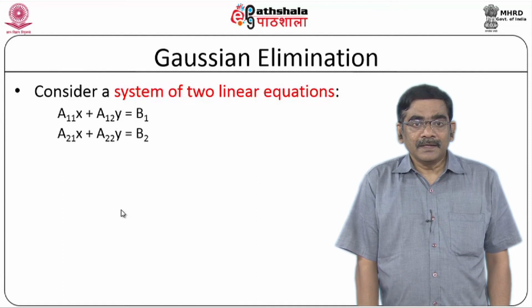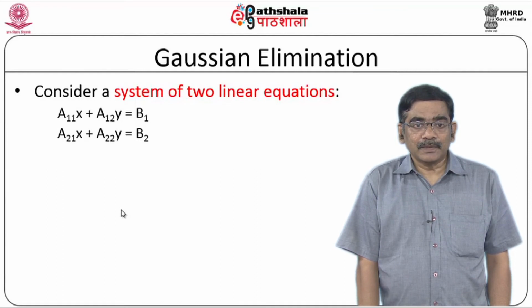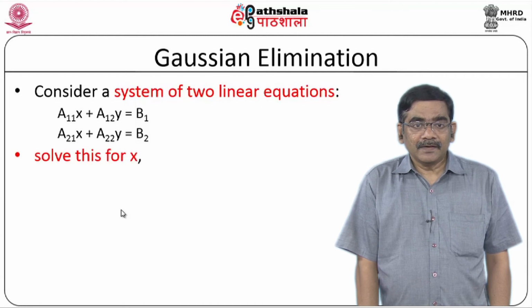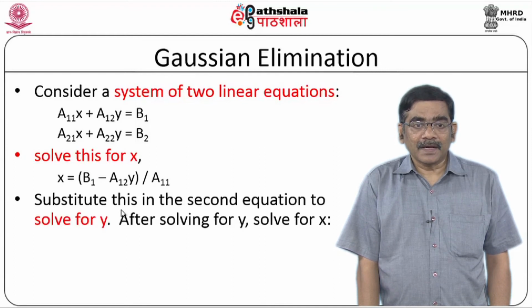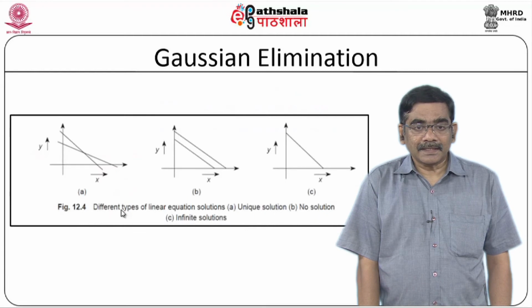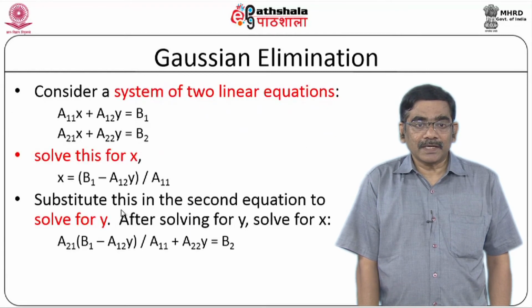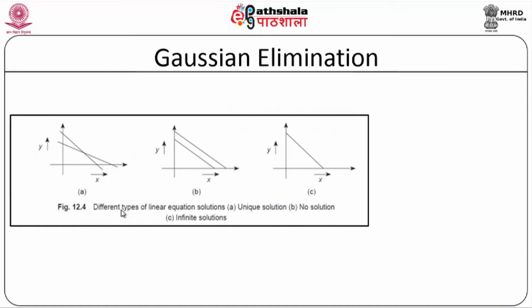As you know very well, take a simple two equations with two unknowns. Suppose equations like this are given, then I can find the unknown x. Once I have that, I can substitute it in the first equation for finding the resultant unknown. So, this is what I do. Graphically, this is what will happen. These are the kind of solutions I will get.